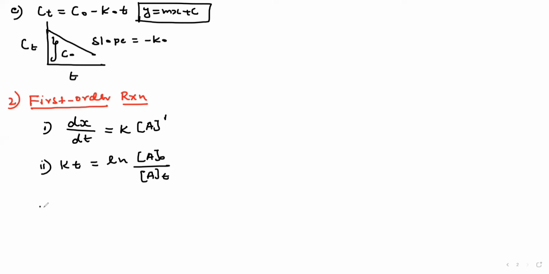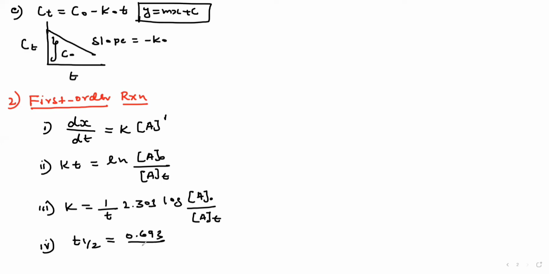And the third one, very important. That is K is equal to, I go into the log form. How to convert ln to log? Multiply by 2.303, right? Therefore, K is equal to 1 by t into 2.303 log of A naught by At. What is A naught? Initial concentration. What is At? The concentration after time. Now, the fourth equation, very, very important. That is what? The t half is equal to what?